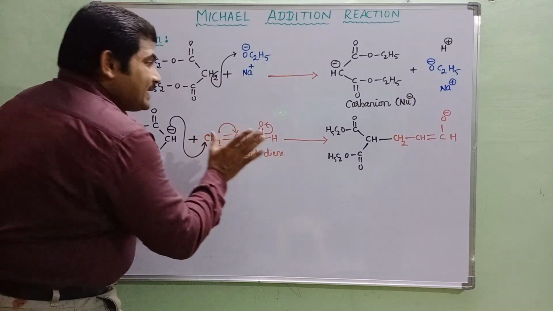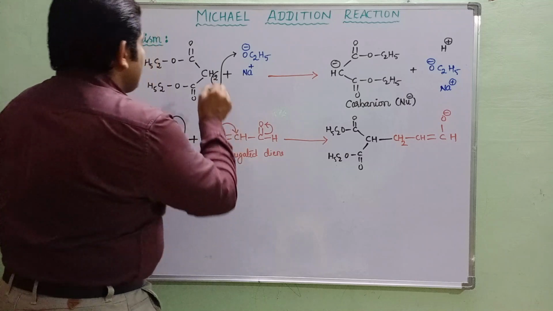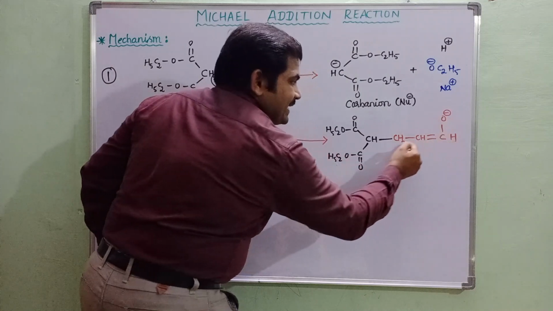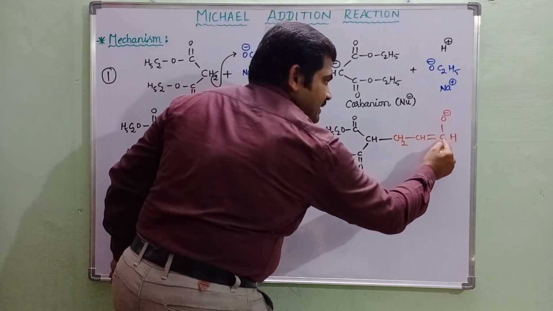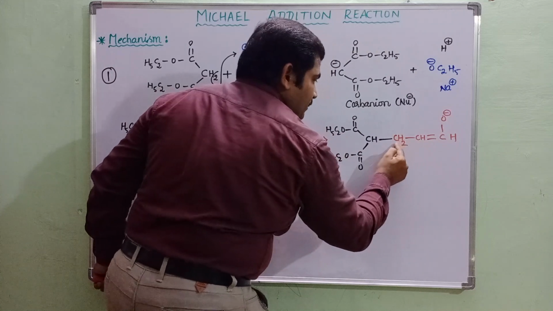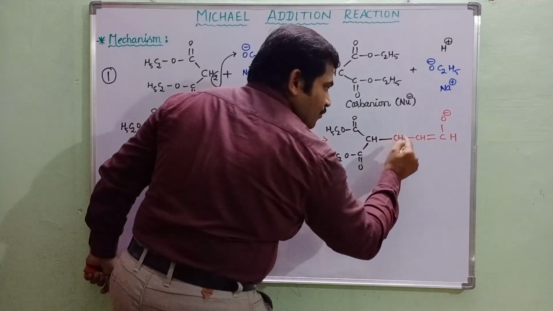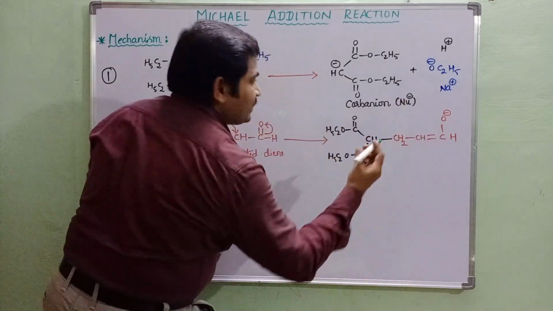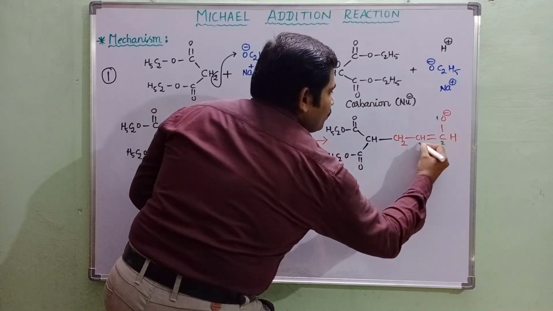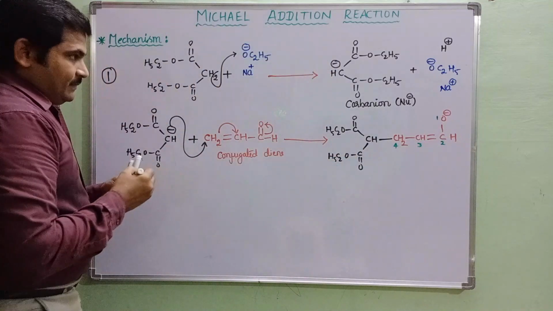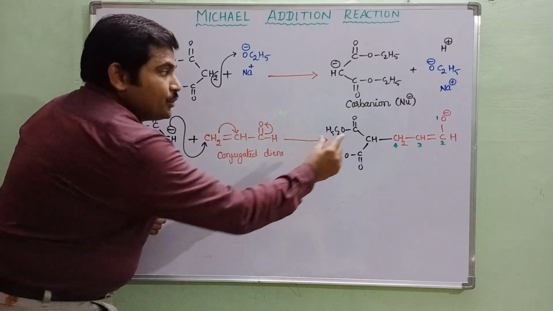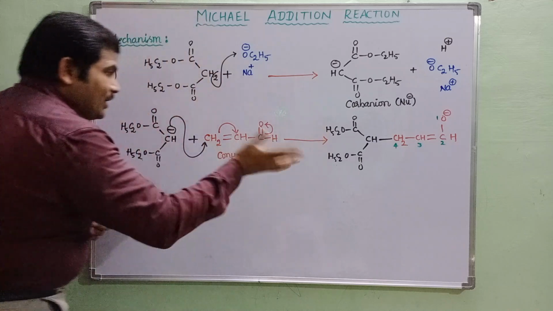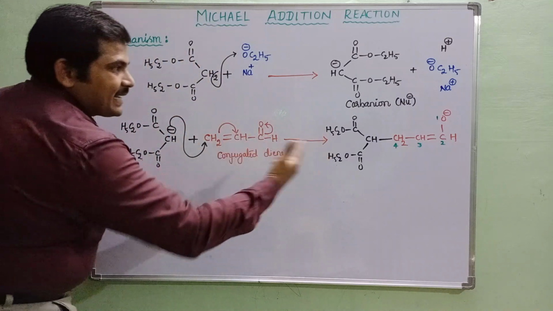Okay? So, in this particular case, in the first reaction, in the conjugated diene system, this is the first atom, second atom, third atom, fourth atom. Nucleophile attacks onto the fourth atom. You remember that. Nucleophile attacks onto the 1, 2, 3, fourth one. So, in the addition, nucleophile added to the fourth carbon atom or fourth atom. Okay. Now, this is the second step.